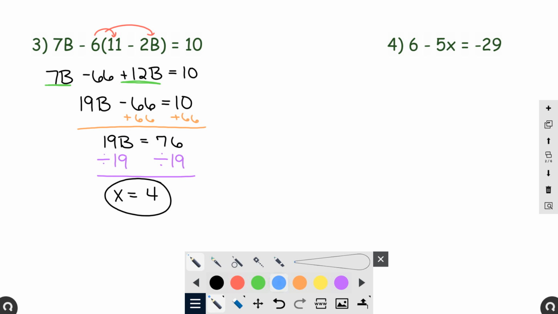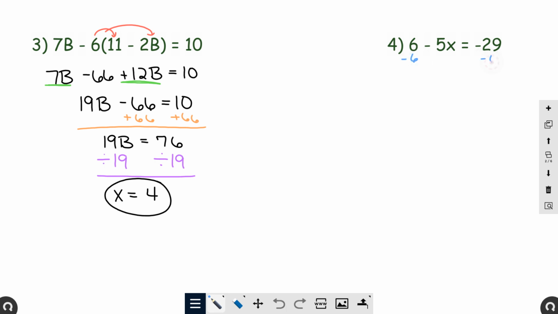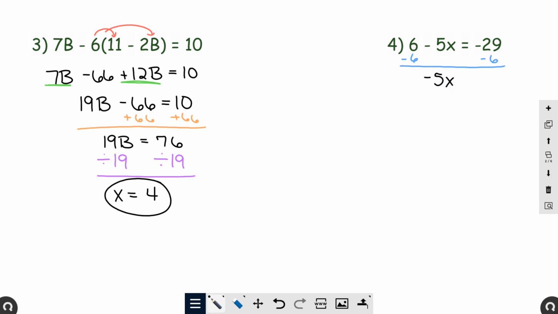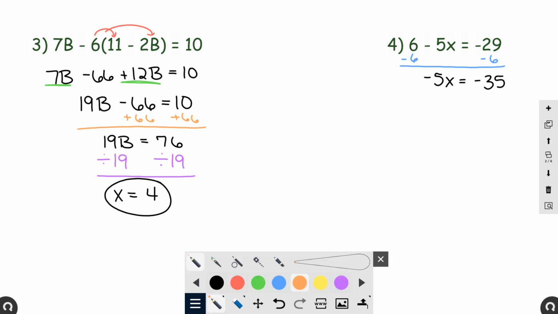Very good. That 6 is positive, so we get rid of it by subtracting it. And don't forget, when you subtract it, you got to keep the same sign that's with the number. So this negative is with the 5. It's got to stay with the 5. So next we would, and we get,